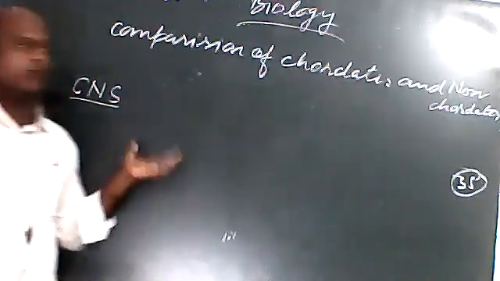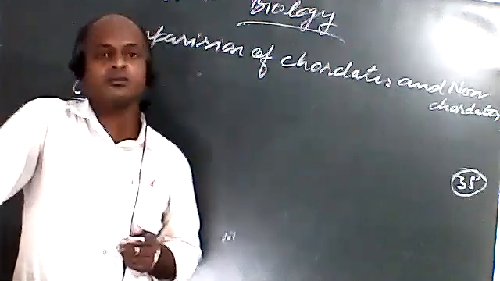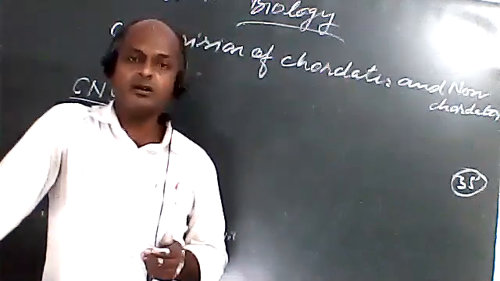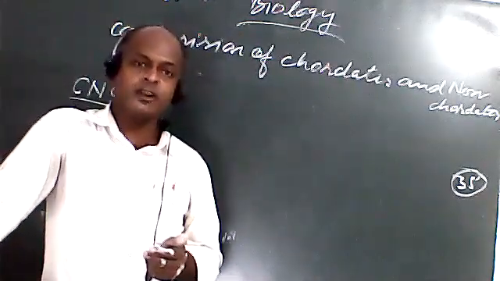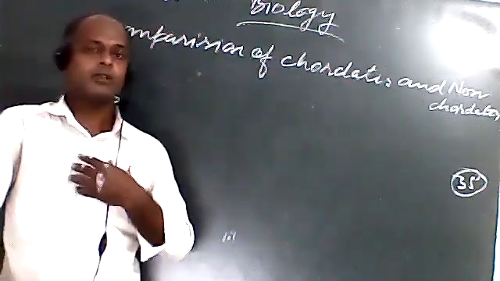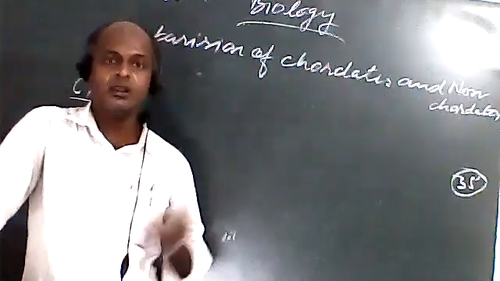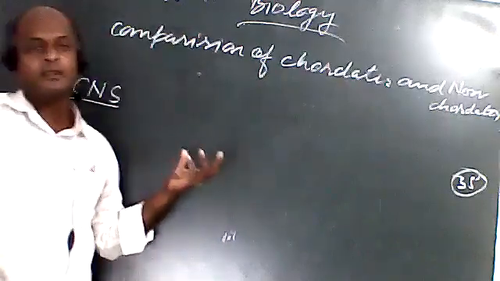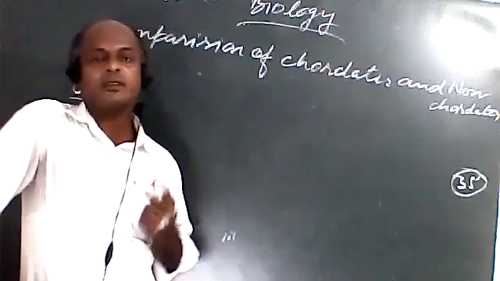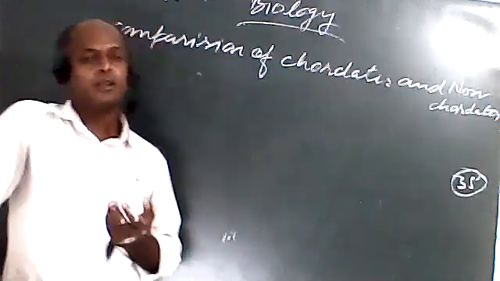And after that, if we see the structure of the heart, then most of the organisms which belong to non-chordates have the heart on the dorsal portion of the body, but in case of chordates, the heart is present on the ventral portion of the body. यदि हम अपने heart को देखेंगे तो कहाँ portion है? हमारे आगे वाले हिस्से पर, हमारे ventral position पर, ventral portion पर स्थित है. So it is also a characteristic that there is presence of heart on the ventral portion of the body, whereas in non-chordates, the heart is present in the dorsal portion of the body.